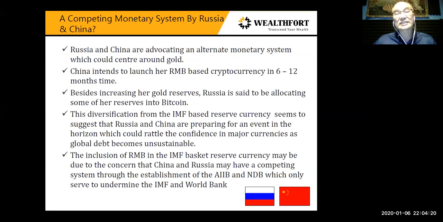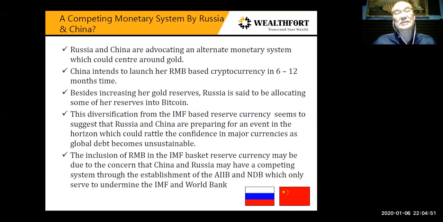So Russia is really divesting her reserves, because Russia has already sold down almost 90% of its US Treasuries. Because of all the sanctions, Russia, just like China, is saying, why should I support you financially? You are sanctioning against me. So this diversification from the IMF-based reserve currency seems to suggest that Russia and China are preparing for an event on the horizon which could rattle the confidence in major currencies as global debt